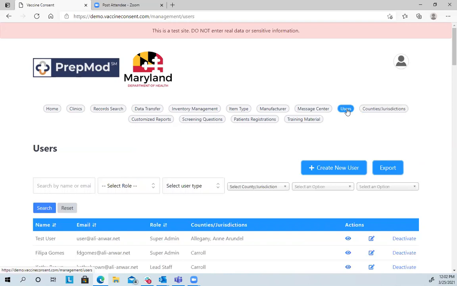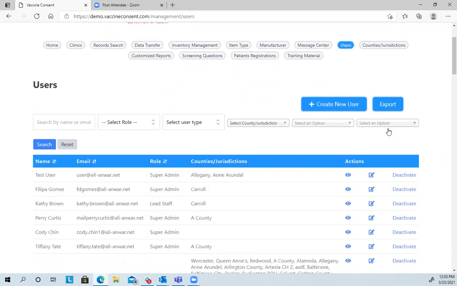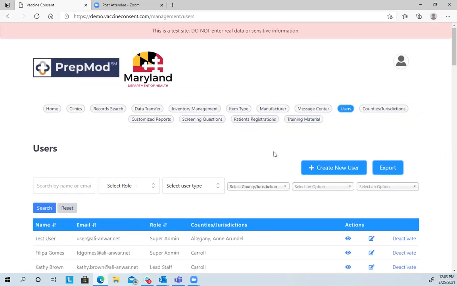If you're a user in the system, you're assigned to work in certain counties, under certain organizations, and at certain clinic locations. If you come in to look to work at a clinic and you do not see the clinic listed, it's likely that you don't have access to work at that clinic, and you will want to get in touch with your organization to make sure that you're added as a user. They should be doing that as they set up the clinics, and we'll talk about that a little bit. Adding or changing users is easily done through this edit button here, where you can go through and edit someone's user access.